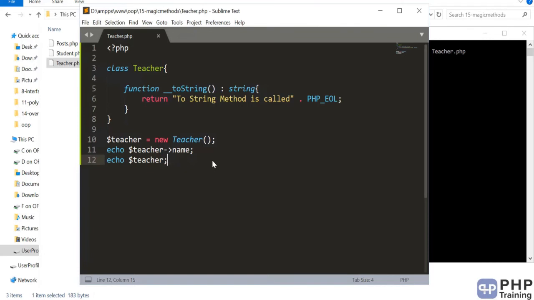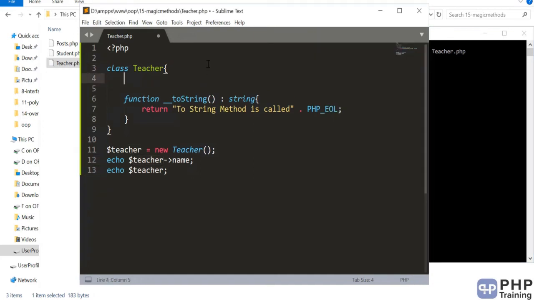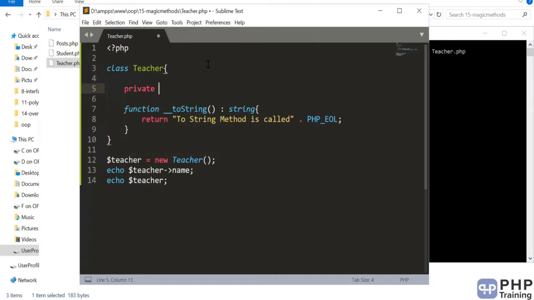Remember that when you're trying to access any of the properties, then the get and set magic methods are called. When you're trying to print the object itself, then the toString method is called. And this is a good placeholder. Typically how you're going to use it,